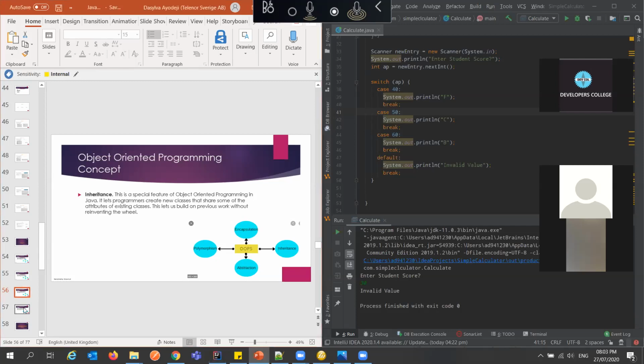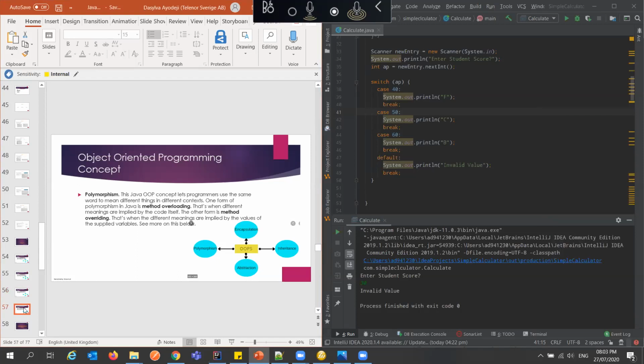And the last one is polymorphism. Let's take it as, for example, someone that is living a double life. When he's among his friends, maybe he's an alcoholic, he does a lot of things, but when he comes home to his parents' house, he's so gentle and everybody sees him as a good boy at home. But when he goes out there, he's something else. You understand? So that's polymorphism. He has the ability to show different characters and exhibit different attributes.